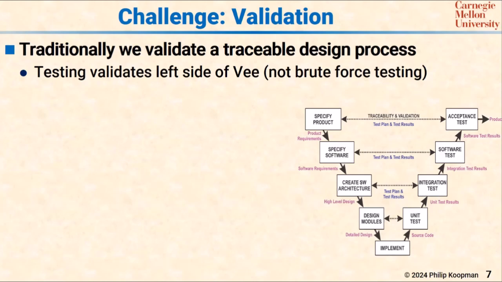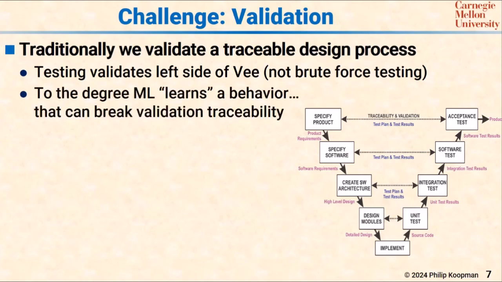But the reason we're able to do limited testing instead of testing everything is because we have a causal path through the V that here's our requirements, and we're pretty sure the thing does the requirements because we did design, because we did implementation, and we did verification up and down to make sure each step matches the next. So by the time you get to acceptance test, you don't have to test everything because you're pretty sure it's solid, and you're just making sure somebody didn't make a mistake missing the requirements. So the testing is a quality exercise on the design process rather than testing to make sure everything possible wrong isn't there, because you already know it's probably right because you did the design process.